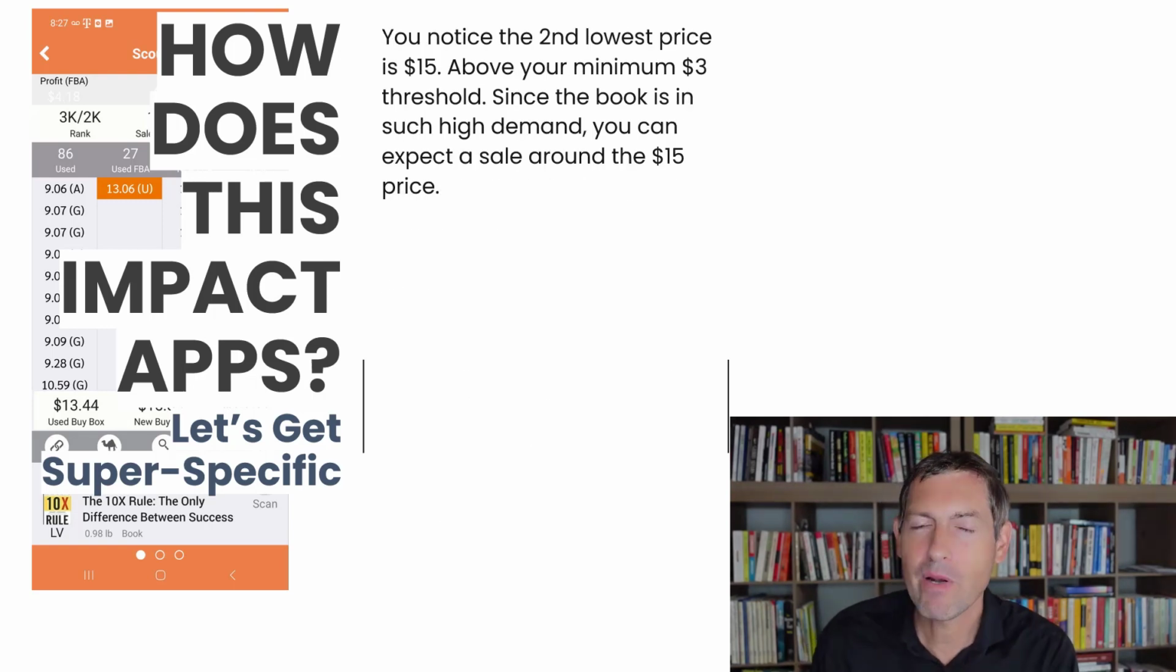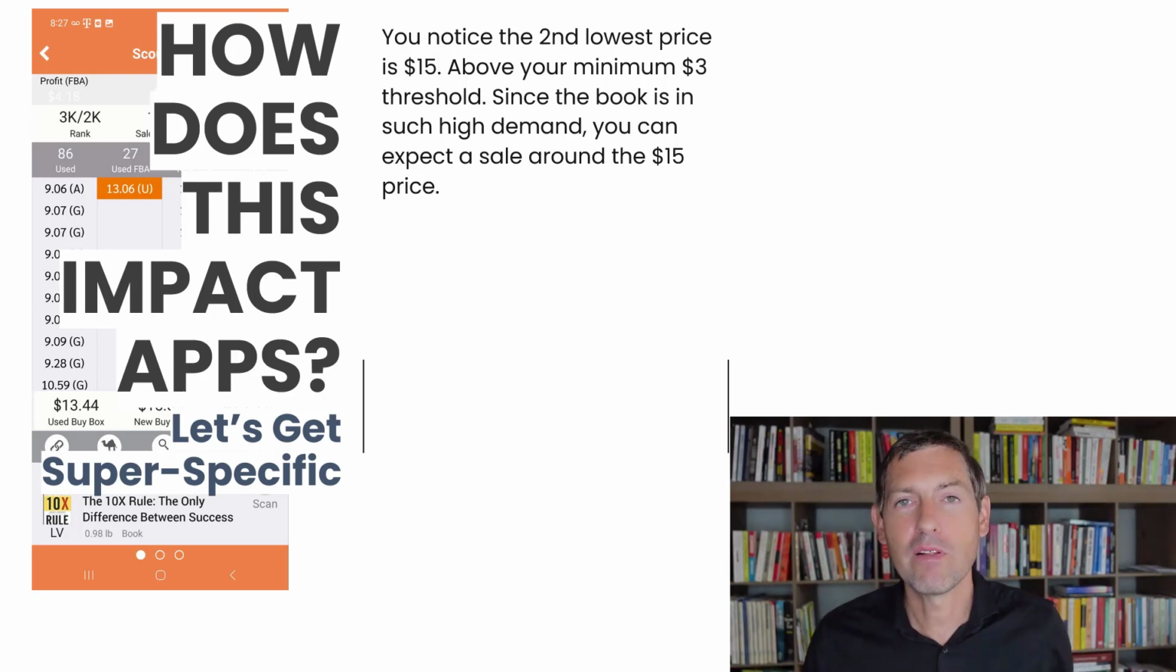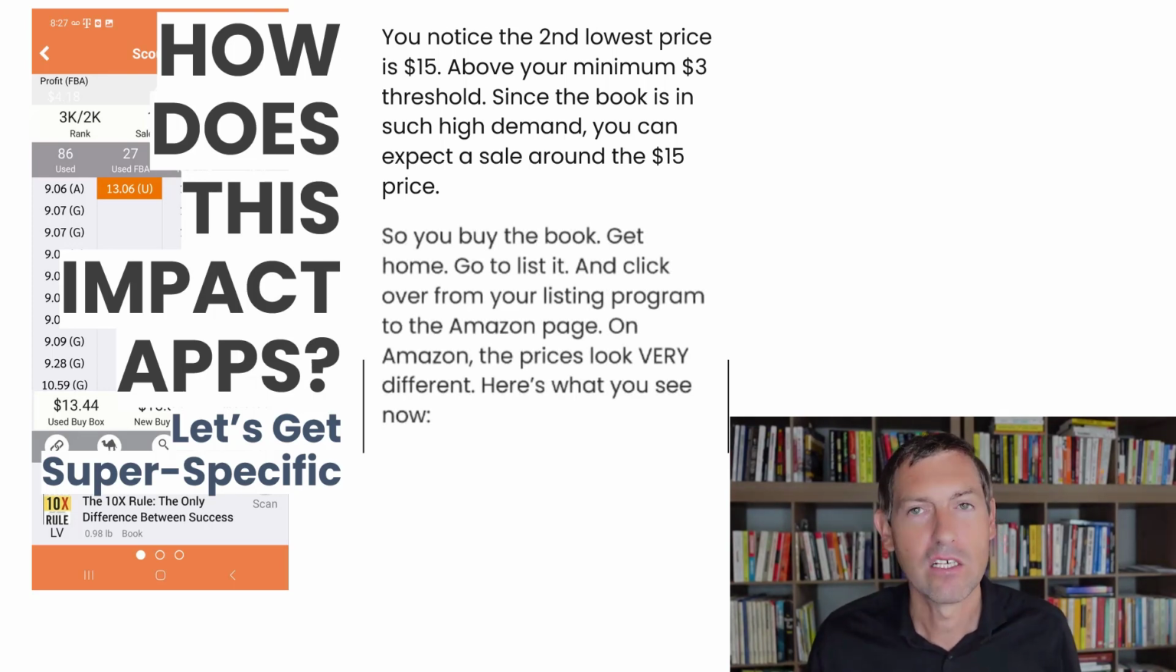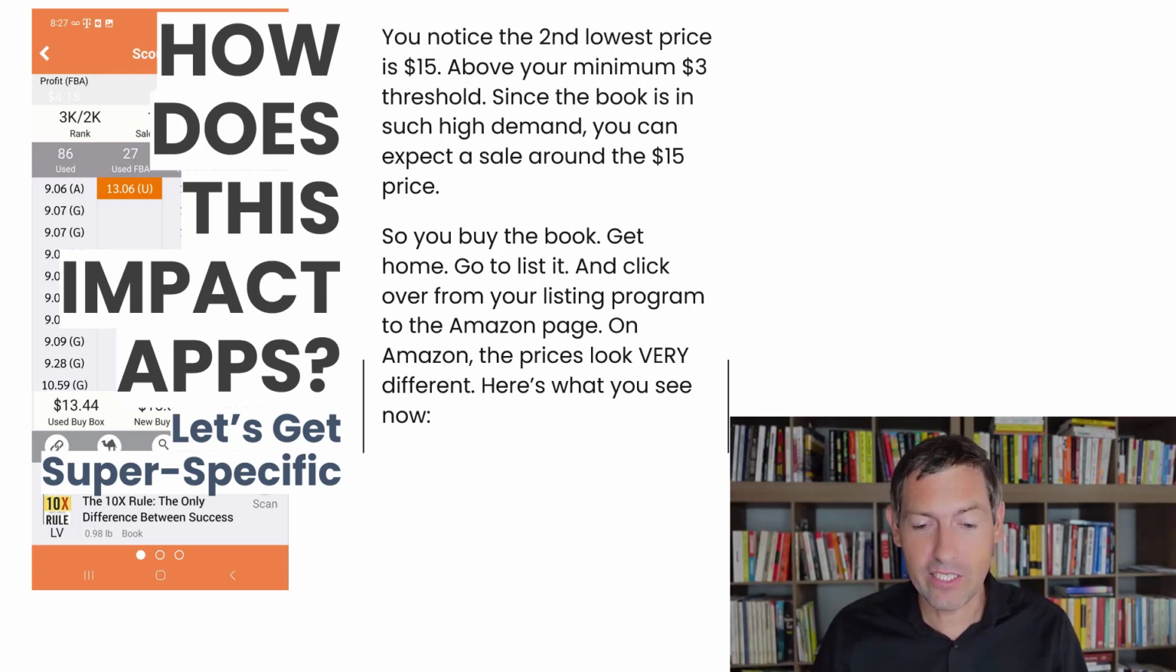But you're like, you know what? I'm going to price this book at $15. I'm going to play it safe. I'm going to price it second in line at $15. That gets you above, let's say, a $3 minimum threshold. So you get a profit at this point of like $3.50 or something. So you're like, yeah, I'm cool with that. Now you want to buy this book. You're sold, right? So you buy the book, you go home, you go to list it,